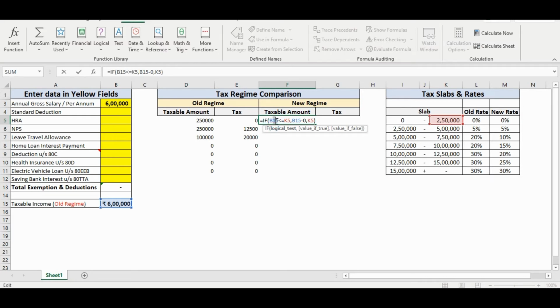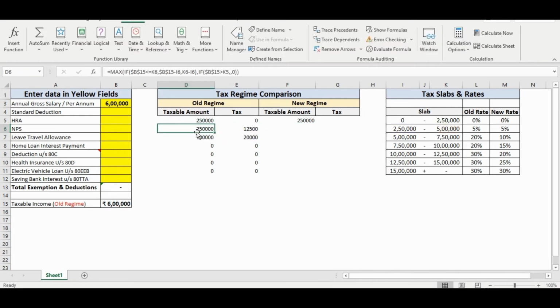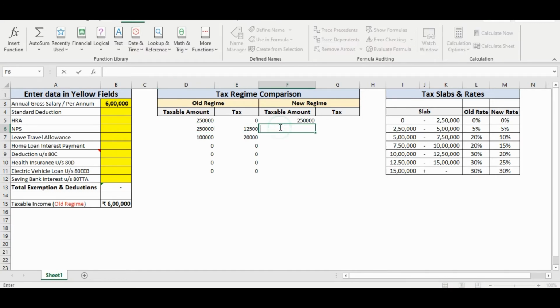So here we will replace 15 with 3, and similarly for the subtraction also we will replace 15 with 3 and press enter. For the further slabs, we can similarly copy the formula from any of the slab and we can simply paste it here. And as we replaced in the previous slab, we would replace the same here as well. That is, change from B15 to B3.